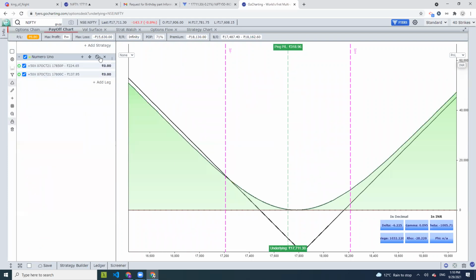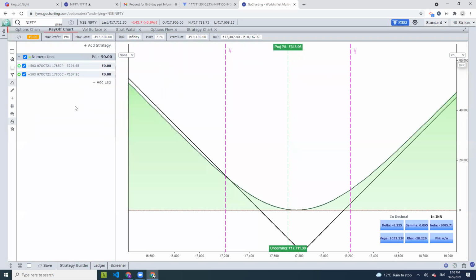Now, when you hover over these strategies and these legs, some buttons will show up. This will actually do the same thing that I have explained earlier. You can add a leg to the strategy. You can basket trade all the legs within the strategy. You can square off the positions and you can delete the strategy. And the more button will show you a menu where you will see all the important metrics associated with this particular strategy.